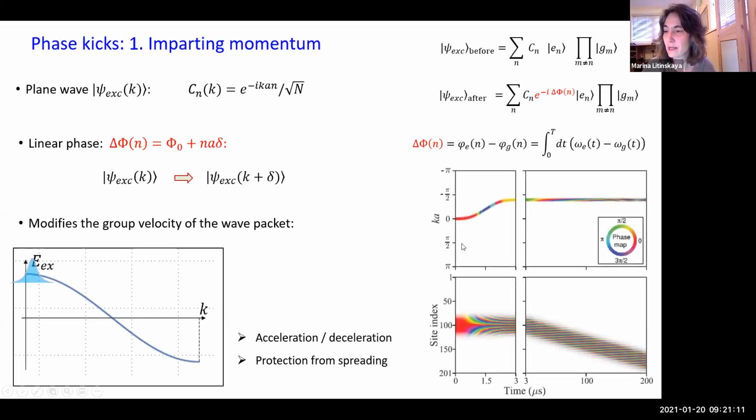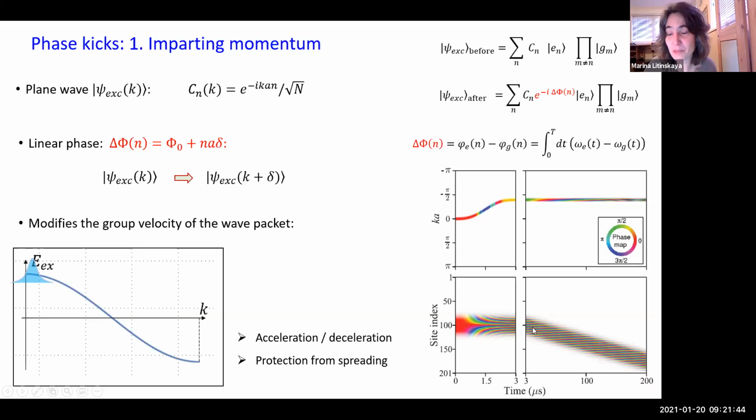And here, this is the simulation of this process. So you see we had this relatively narrow wave packet. This is the site index. It was a wave packet sitting in the middle of the lattice. And then we introduced this phase kick with the help of a laser beam, right? So we added a phase equal to minus pi over 2 at a time scale of 3 microseconds. And you see how the phase develops during this phase kick. And after that,